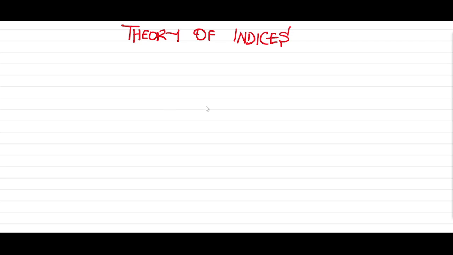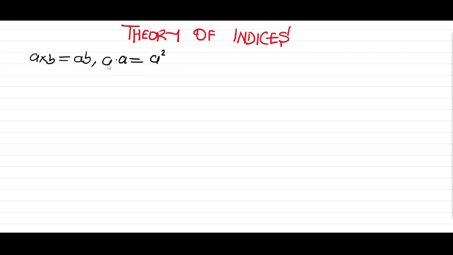Hello everyone. In the previous video, we discussed that if we wish to write multiplication a multiplied by b for variables, we can simply remove the multiplication sign and just write ab for short. In that very video, we consider the case whereby a and b are both equal, whereby we will now have a times a. So in this case now, we say we write this as a to the second power